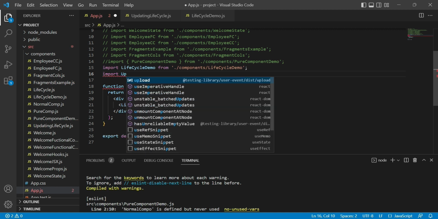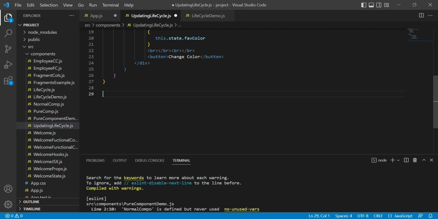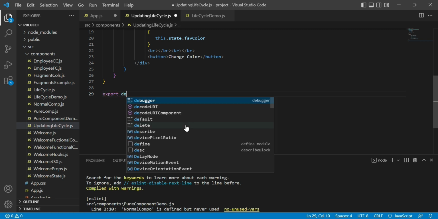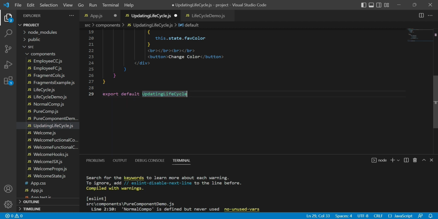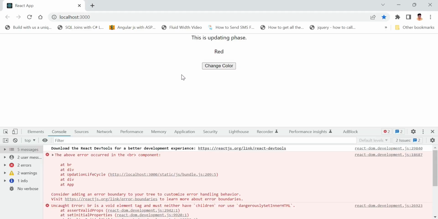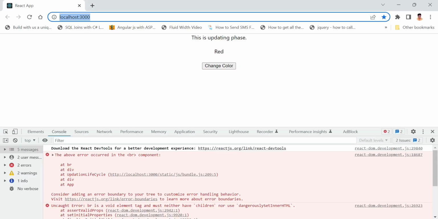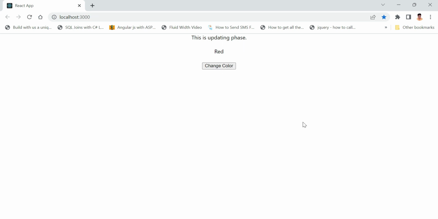Import, I forgot to export this, so export default UpdatingLifecycle method. Now simply import UpdatingLifecycle and return this. Go back to the browser. So this is updating phase, color is red, we have a button. All right, now let's